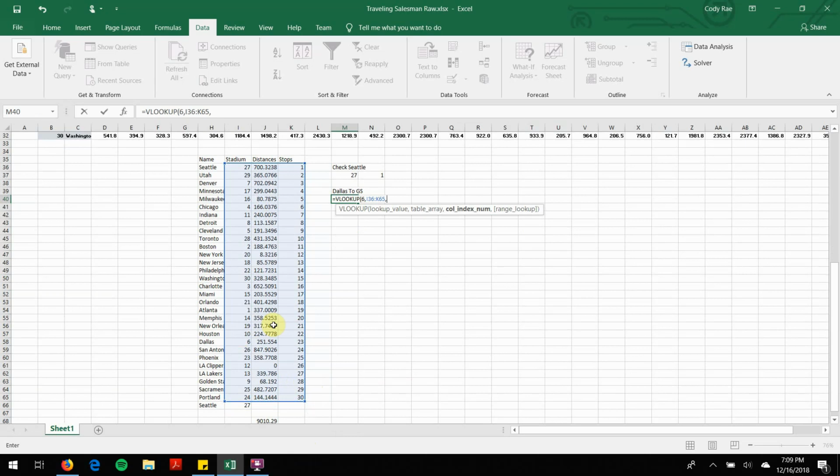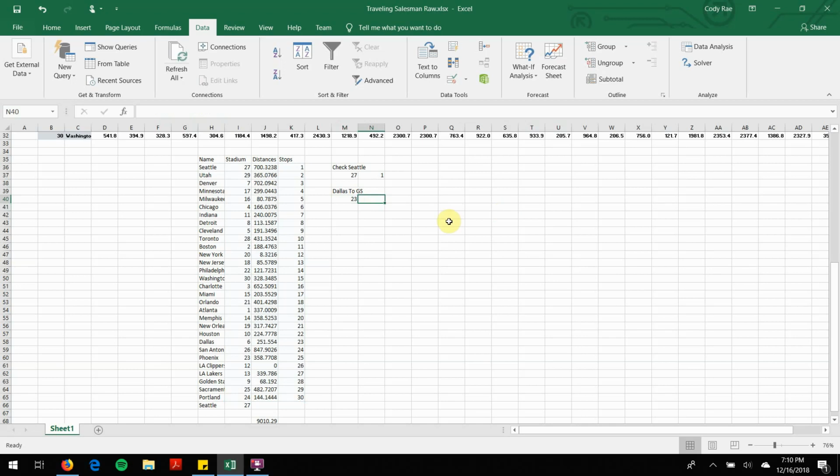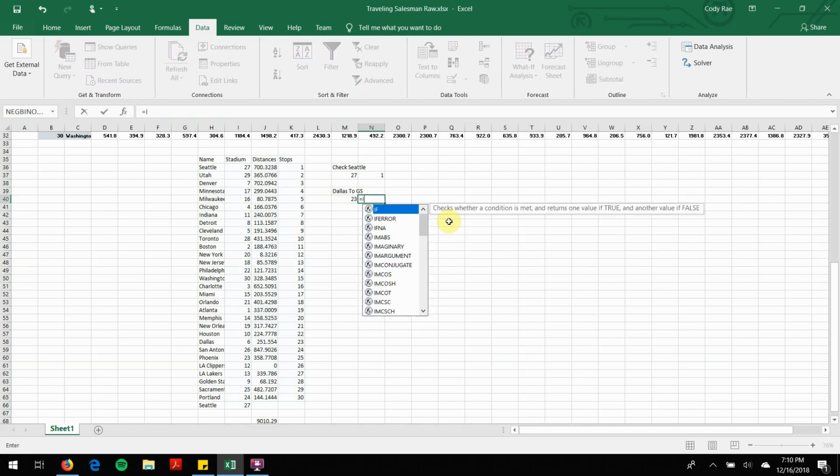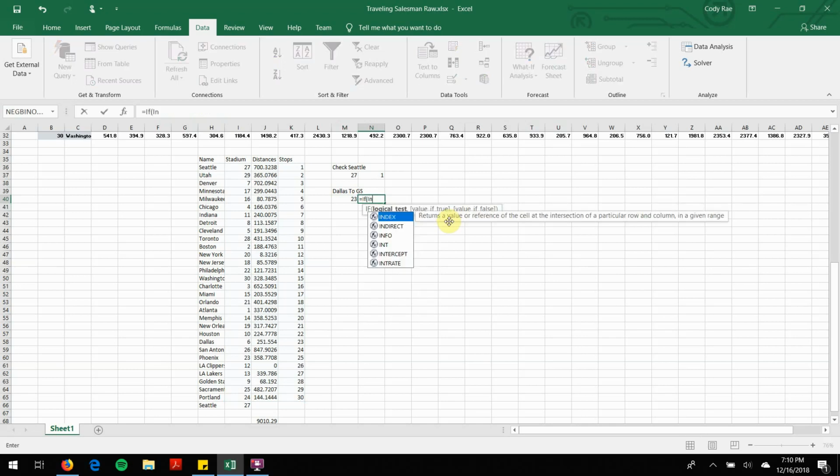We want to pull from the column index for number 3, and I'll put a false just to make sure that it pulls the exact value. And so what this is looking for, we're going to find which stop number in column 3 is Dallas. So right now it's 23, so when we click enter, it's going to show up as 23. So Dallas is the 23rd stop, and here we want to create an if statement,